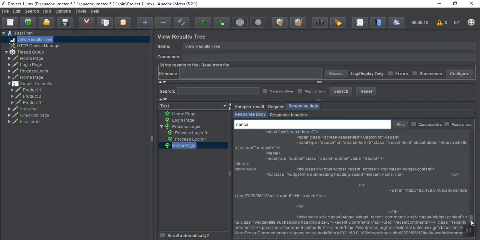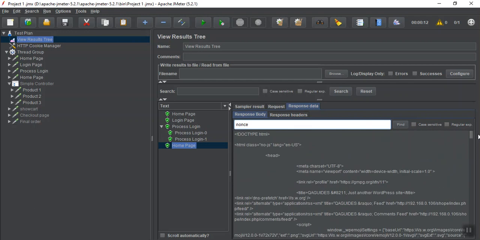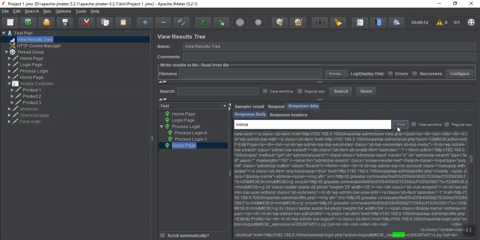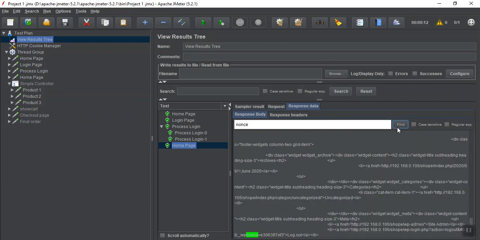So how can we extract it? Let me search again. Find, find next also, find next also. You can see nonce is coming in multiple places.